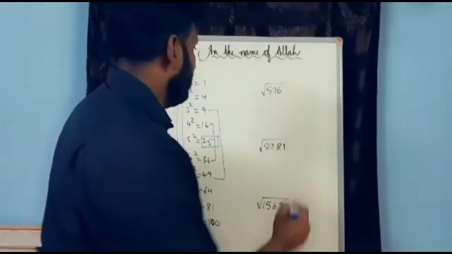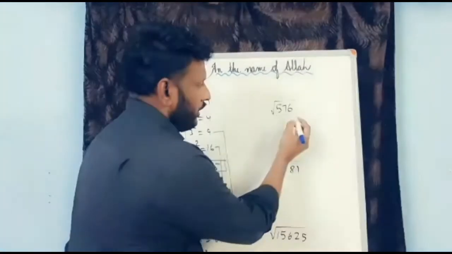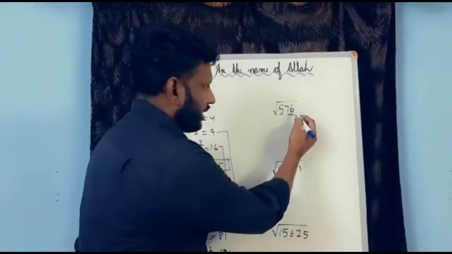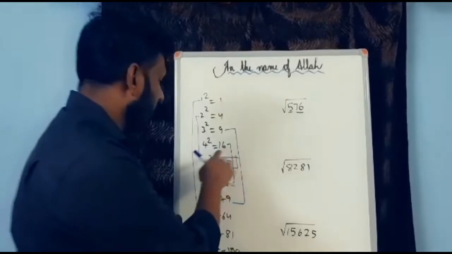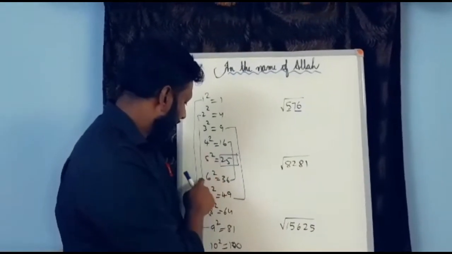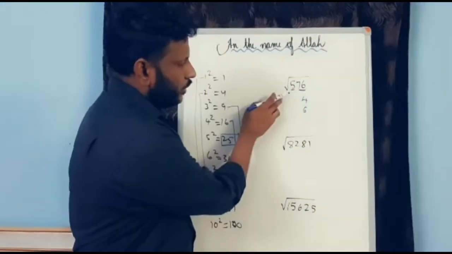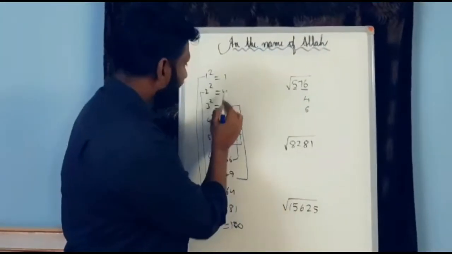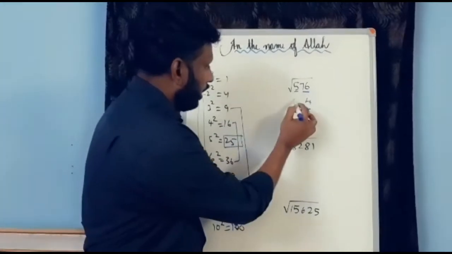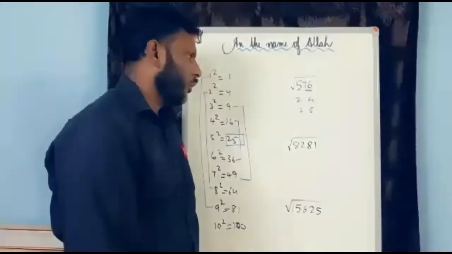So here we have to find the square root. That's why 2 digits count as 1. Make one pair of 2 digits, and here is a single digit. Okay. So here the last digit is 6. So it will become either 4 4s are 16 or 6 6s are 36. So the answer may end with either 4 or 6. And here look at this single digit, 5. So 5 lies in between 4 and 9. So we have to take the least number, so 2 here. Surely here 2 will be there. So our answer is either 24 or 26.